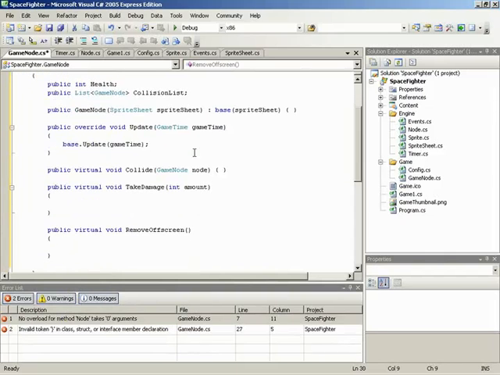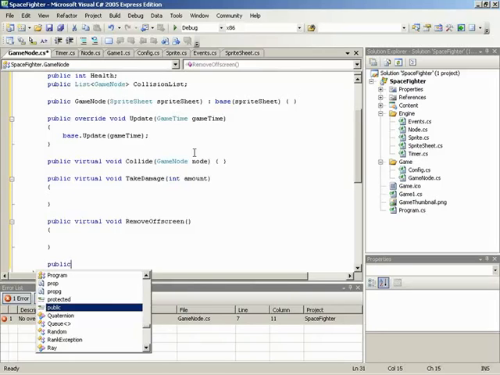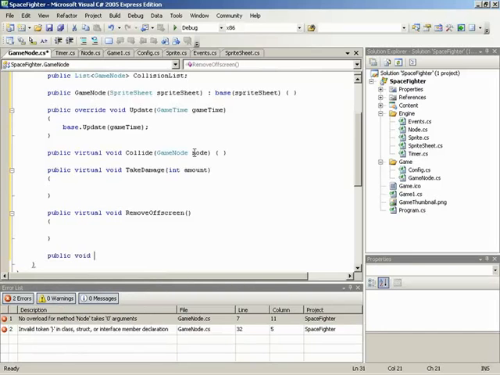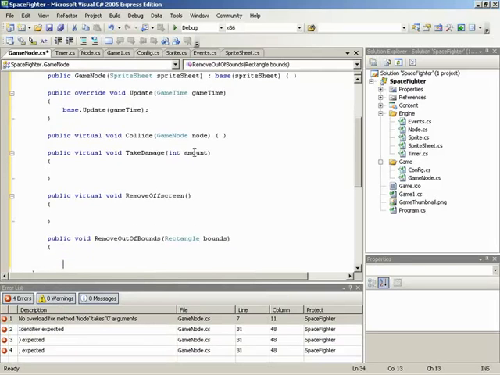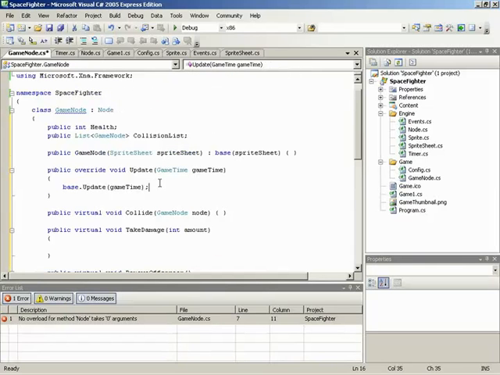And we'll have another method that performs the actual work of removing things, and this is going to be called removeOutOfBounds. It'll be a public void method, and removeOutOfBounds is going to take in a rectangle to describe the bounds that should be considered for removal. Nice. All right, now that we have the skeleton in place, we can go back up to update and get